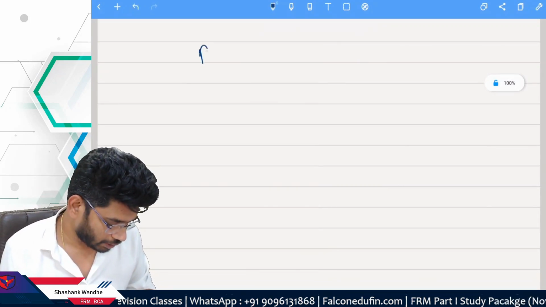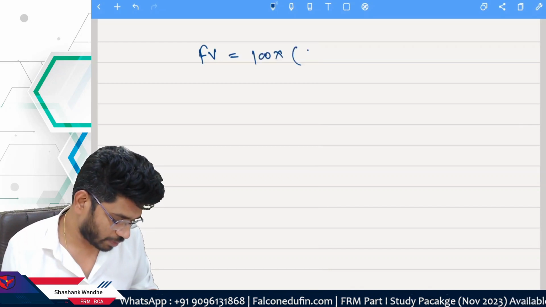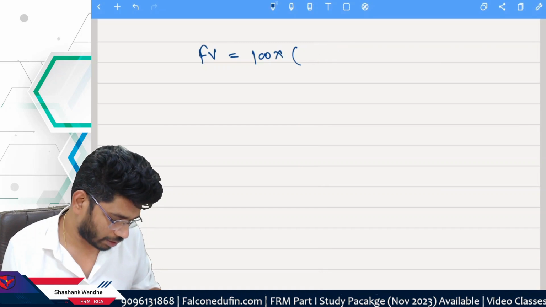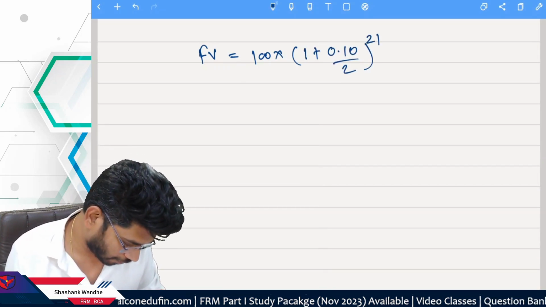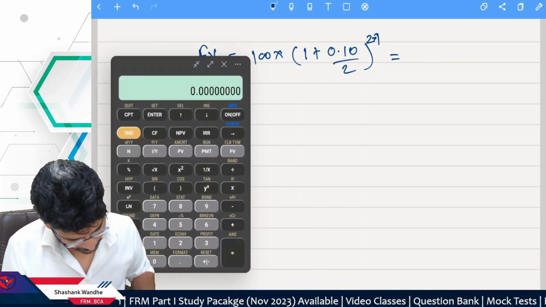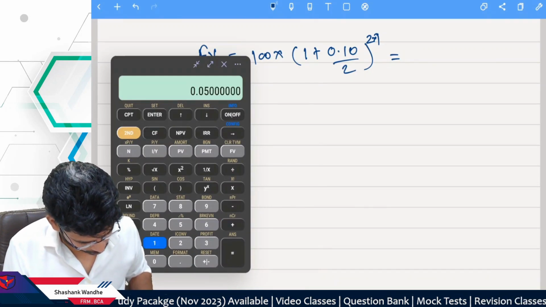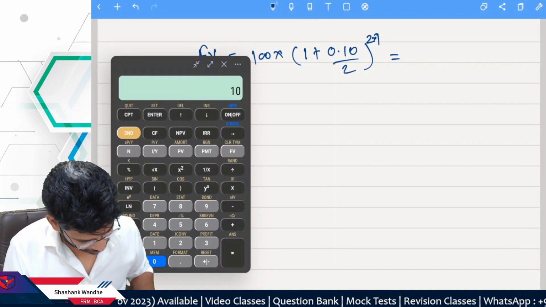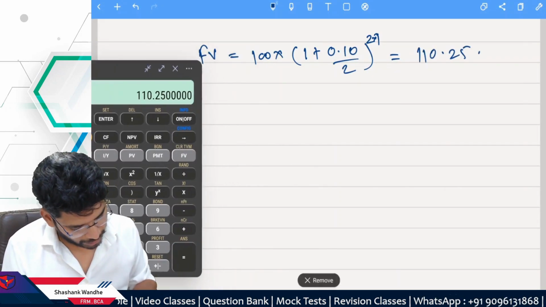Now, the future value is equal to the present value, 100, multiplied by, assuming the 10% rate, semi-annual, and for 1 year. You have to simply solve this calculation: 0.10 divided by 2 plus 1, to the power 2, multiplied with 100, and the answer is 110.25. This is for